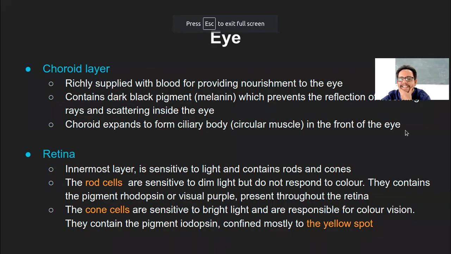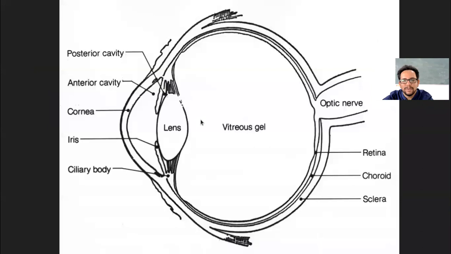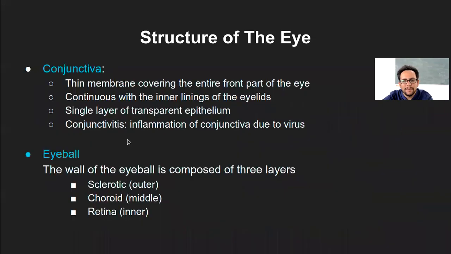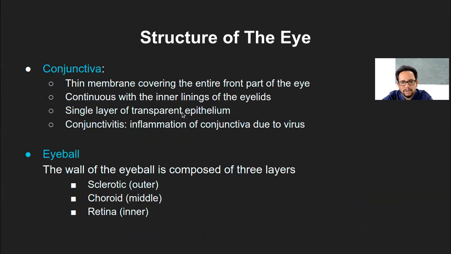Okay, so in the last class, we were looking at the different structures within the eye. So we had looked at just different layers around the eyes. We started with conjunctiva, that was just a thin transparent membrane which protects the whole of the eye structure. It's present throughout the front part of the eye. Then eyeball was the whole structure of the eye, which consists of three layers, the outermost being sclera, the inner one being choroid, and the third one being retina.